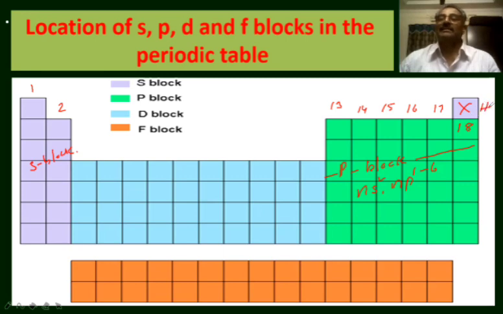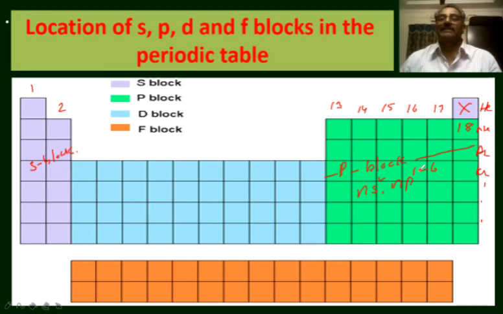Helium is an s block element, but it is included in the p block elements. This is one of the defects of the long form of the periodic table. Though this is an s block element, why is helium included along with p block elements? Helium resembles the other elements in the 18th group, that is neon, argon, krypton, etc. So it is added together with the 18th group elements, though it is an s block element.